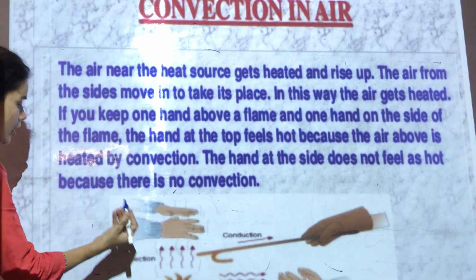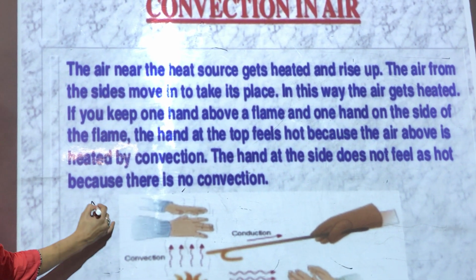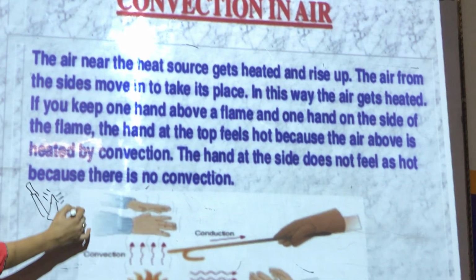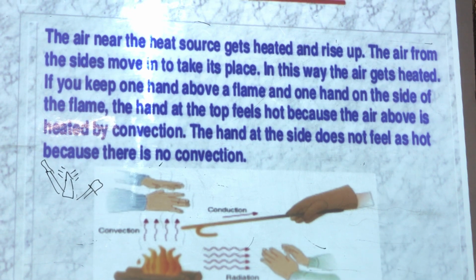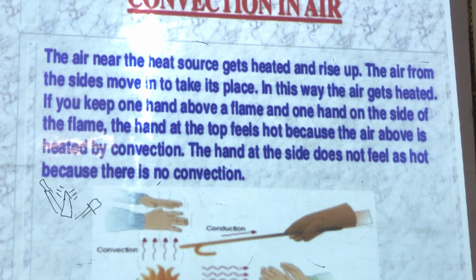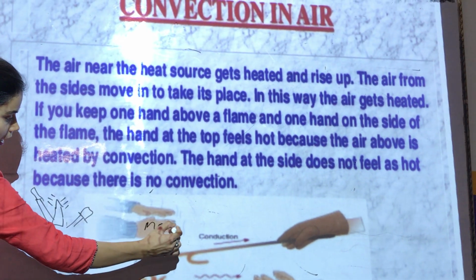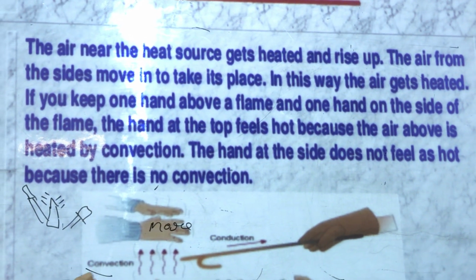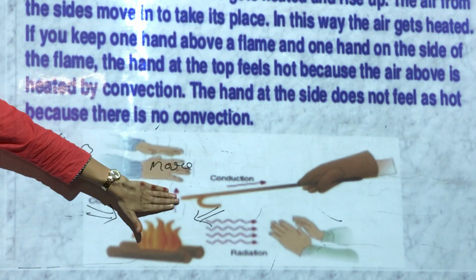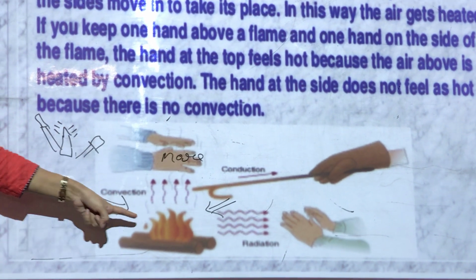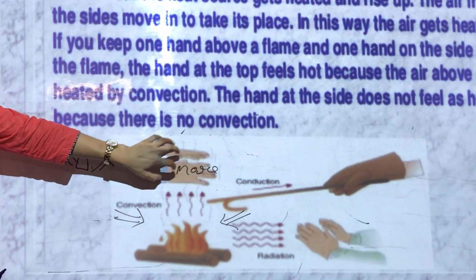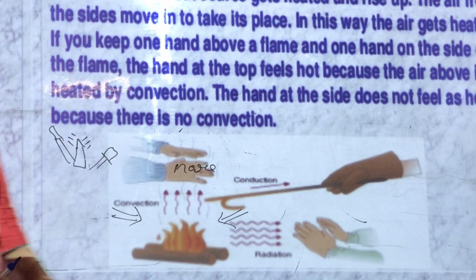If you burn something, for example, you might have experienced a bonfire. In winters, if you put your hands above any flame, you will notice that you feel more heat as compared to when you put your hands at the sides. Why? Because the air which is present here also heats up and rises upward. So this part is hotter than the side air.